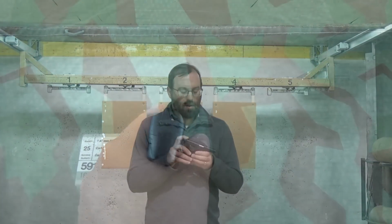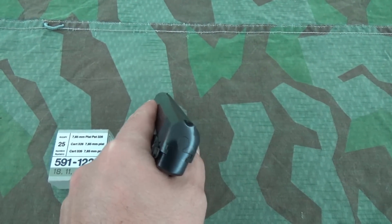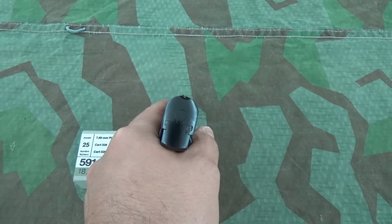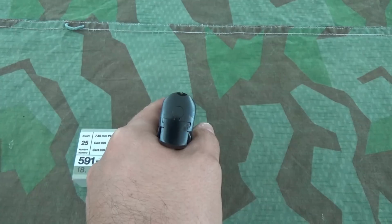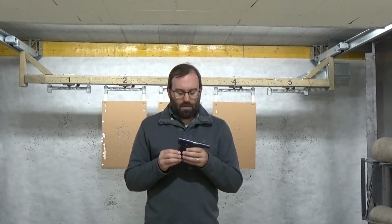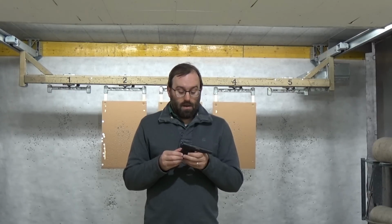It's well rounded. There's no extraneous bits poking out of it. The sights are just a little poster notch in a little sighting groove, but at the sort of average European police range of the era, it probably doesn't matter because it points absolutely beautifully. Now,